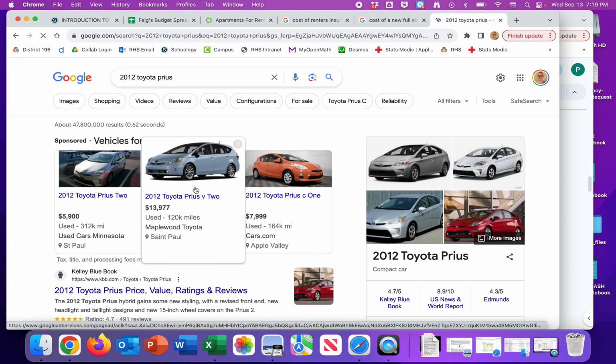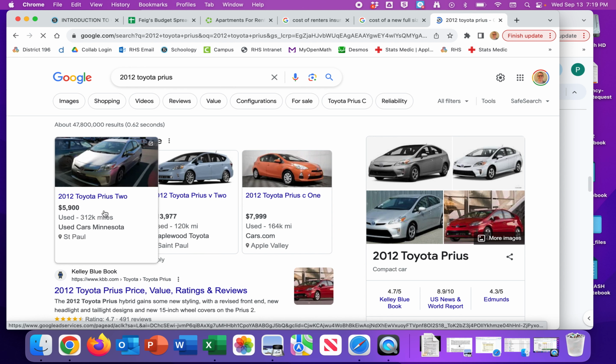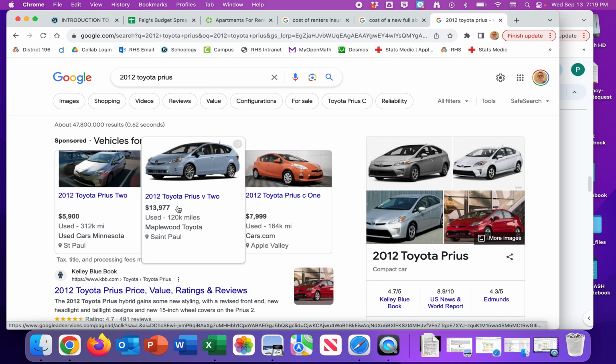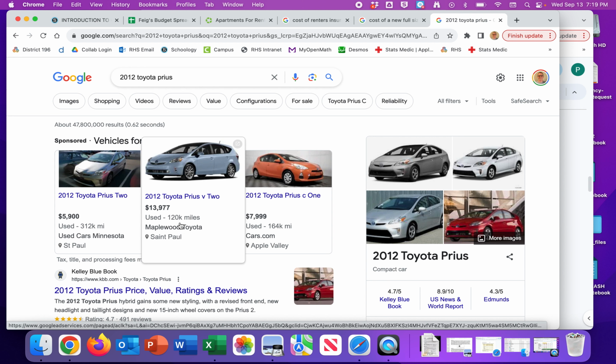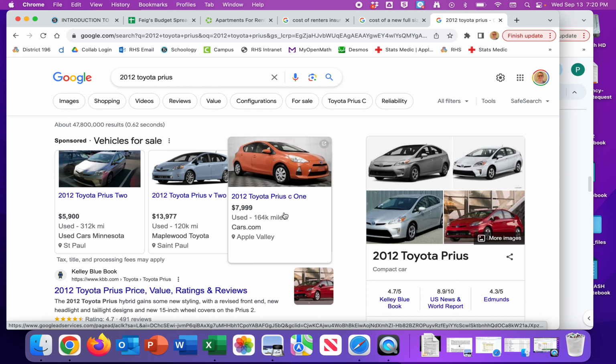Oh wow, there's quite the range. This one's $5,900. 14,000. Oh, look at that. The difference is the miles. 312,000 miles. 120,000 miles. Well, let's just take the average. Say 8,000 miles. Look at that slick car. Man, that thing's beautiful. $8,000. Okay. Now,